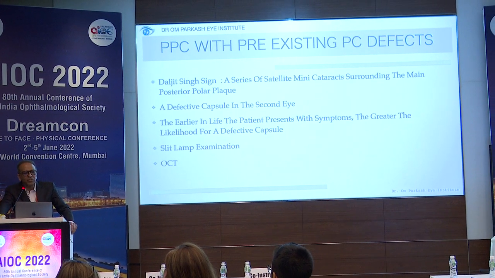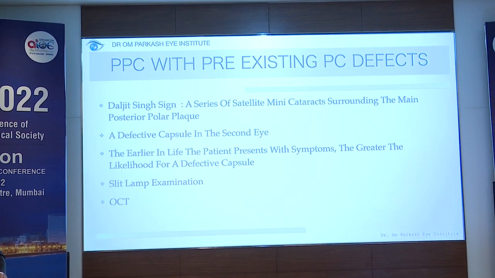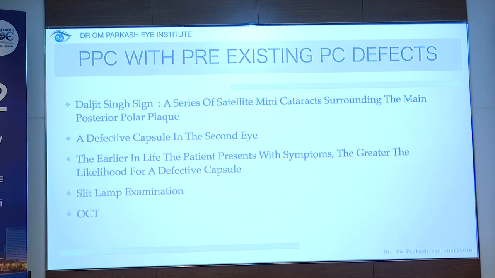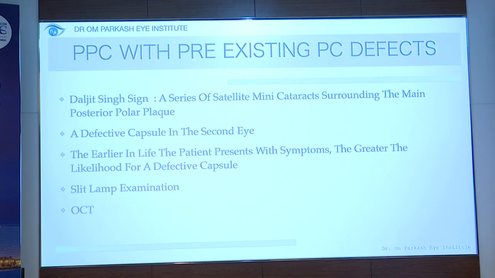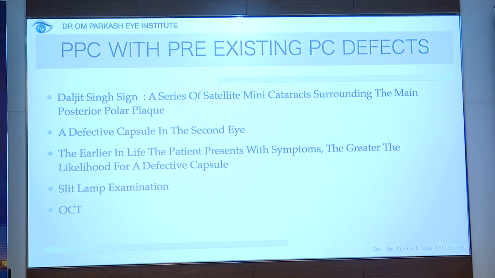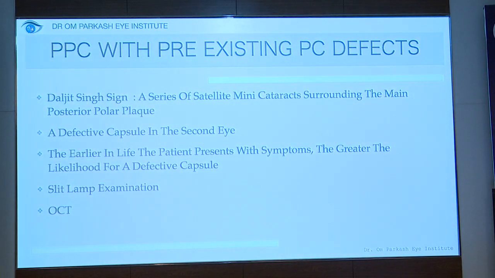So this PPC with pre-existing PC defects, the Daljit Singh sign is there. A defective capsule in the PC in the second eye is indicative that it can be a pre-existing defect. The earlier in life the patient presents with symptoms, the greater the likelihood for a defective capsule. Slit lamp examination is also obligatory and mandatory, wherein you will find particulate matter just behind the